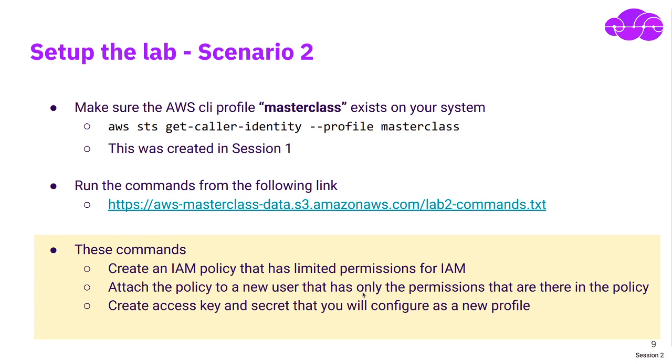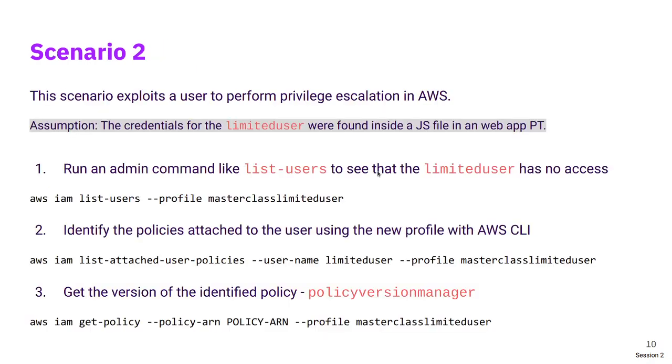Okay. All right, so what we are going to do in this scenario is we have a role, we have a policy that has some permissions. These permissions have now been attached to a user. The user is called limited user. Okay, this scenario exploits an actual real world scenario from a pen test that we had done at AppSecco, the other company that I run,